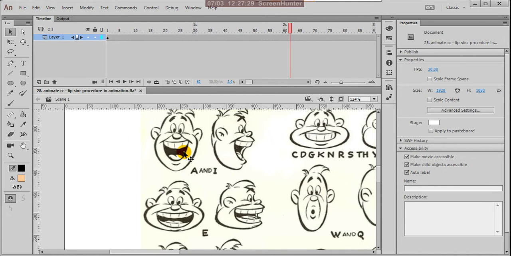Okay, here A is extending the mouth a bit horizontally and more vertically.